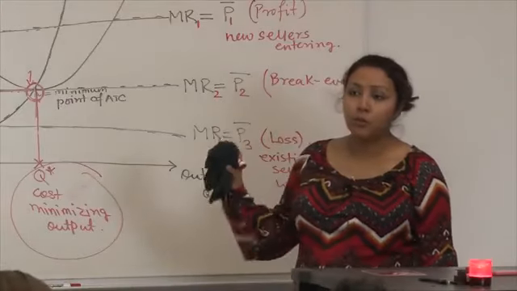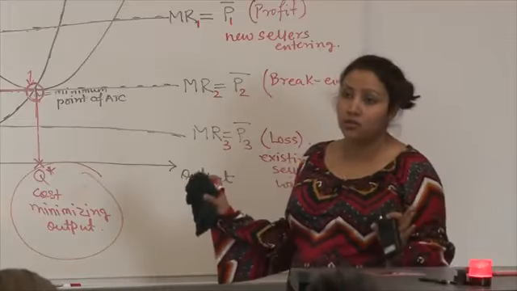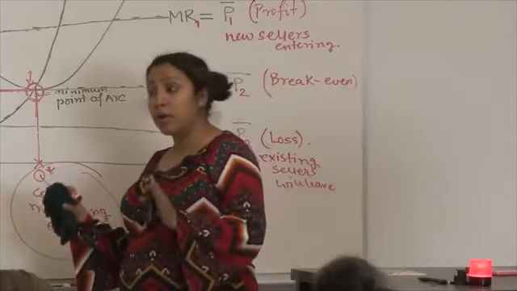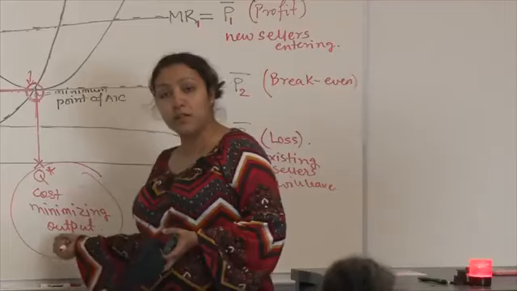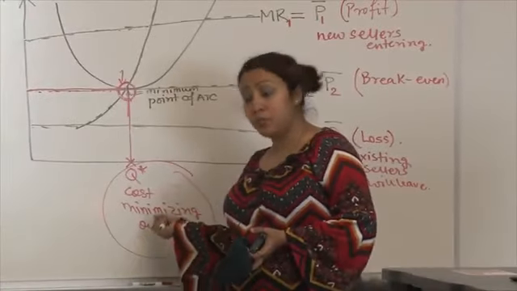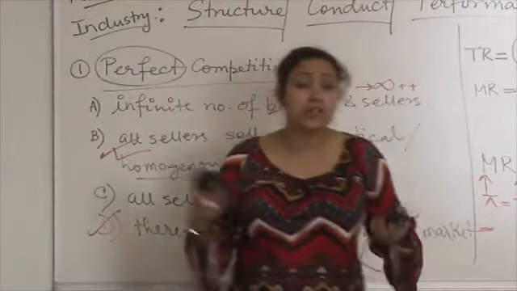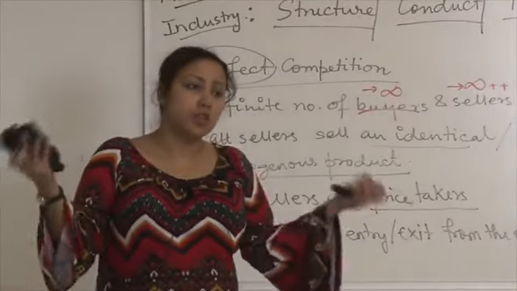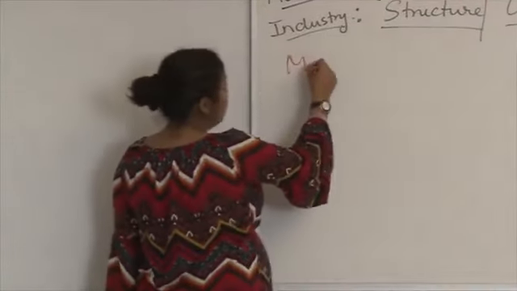So in perfect competition, that is all you have to know: whether there is profit or loss, the market will eventually move towards break even, and when the market moves towards break even, then the market produces the cost minimizing level of output. If the market produces the cost minimizing level of output, that is why we call this the most efficient market structure, because it is able to fulfill the objective, because you know the objective of any seller, the objective of any market should be cost minimization. Now coming to monopoly,